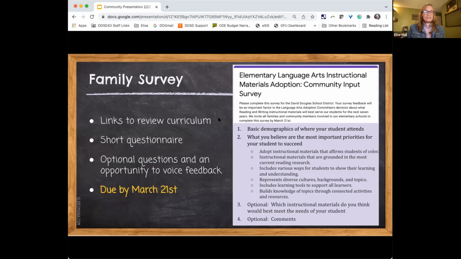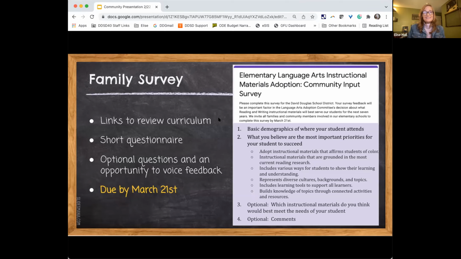There will be another question that asks you, if you had a chance to review the materials, which one did you think best meets the needs? It is an optional question if you have looked through the materials, the demo account. And then finally there is an optional space for questions or comments you would like to leave for us that we can read through when we are moving into our decision-making phase.